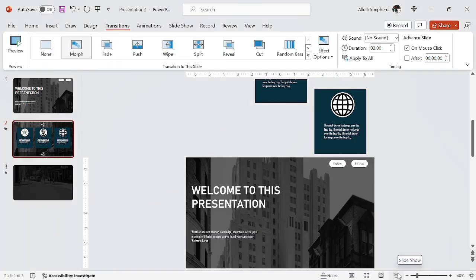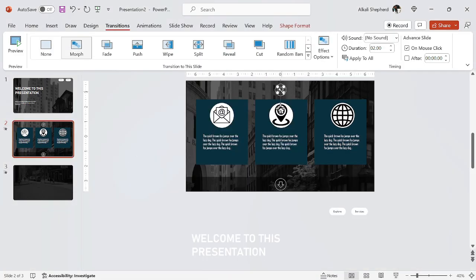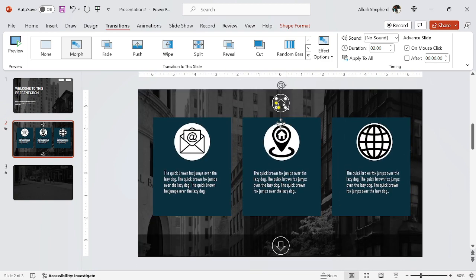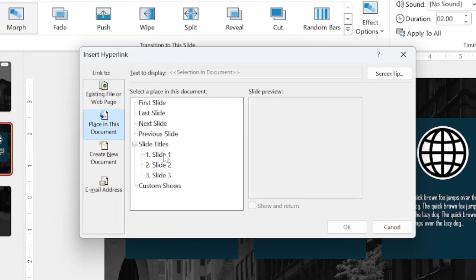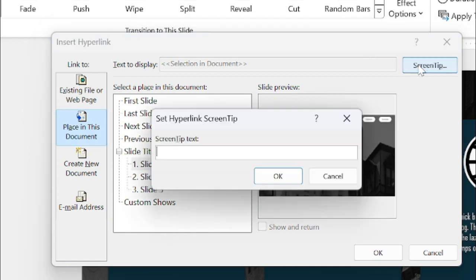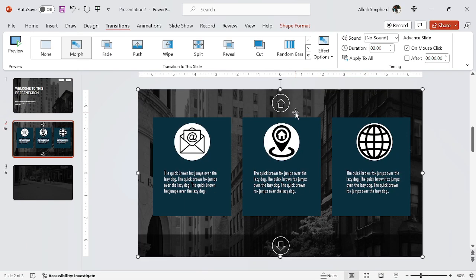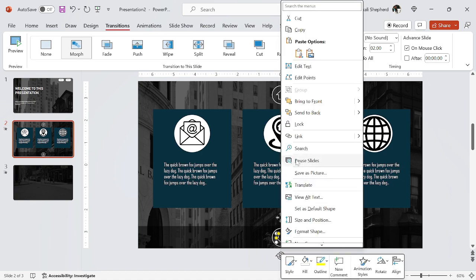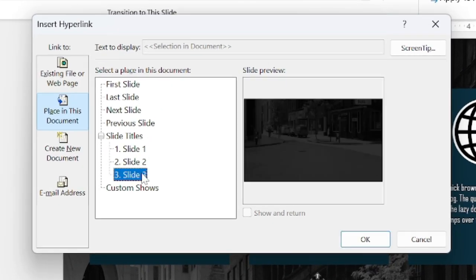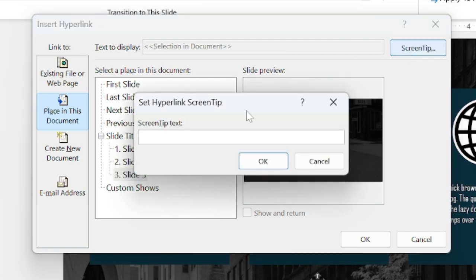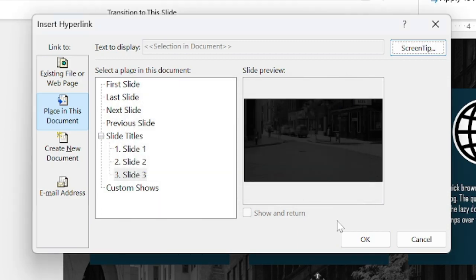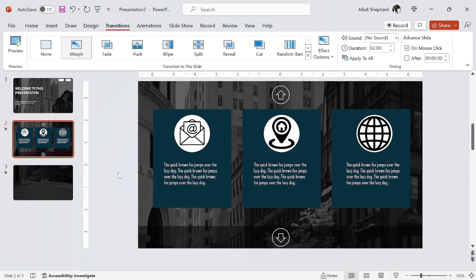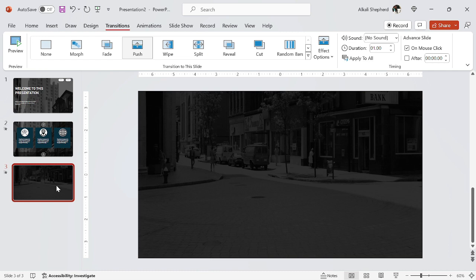Then I escape. I select this. I right click, then I go to link. Now I link this to the first slide. Then just add a screen tip to give whoever is using the template a hint as to what it takes or what it does. Then I right click this other arrow, then I link it to the third slide. Then I also give a screen tip as to what slide that arrow takes you to. So this takes us to the services slide. Then this is good. I come back to the third slide,